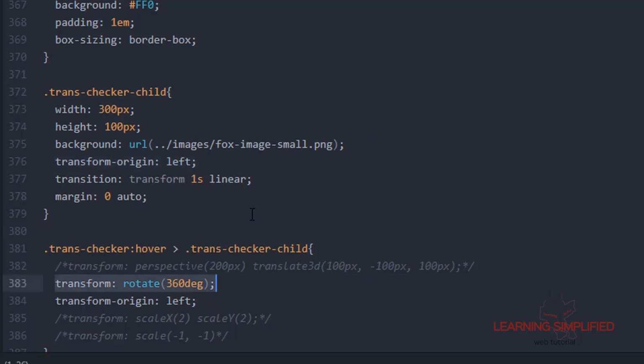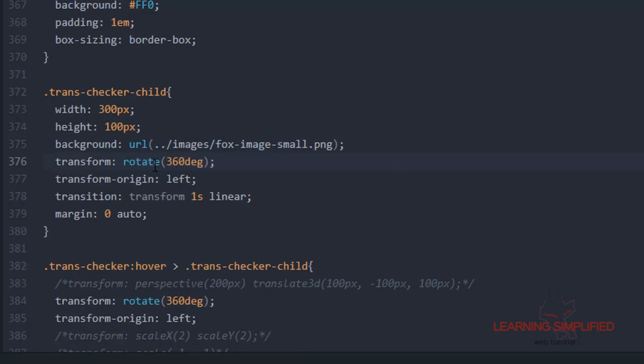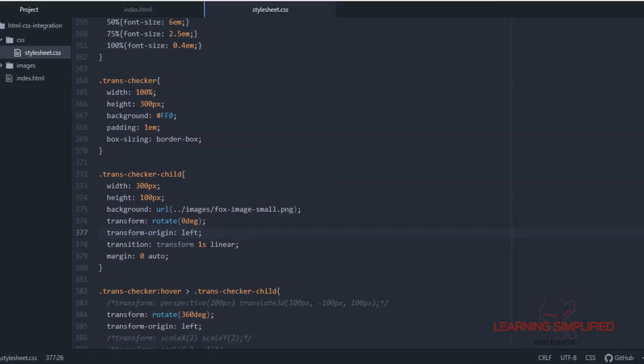So we need to put a transform function property here. We are putting this same transform rotate function, and instead of 360 degree, we are mentioning here 0 degree. So we have made these two changes right into this trans checker child element. The first one is we have provided a definitive transform function, and then we provided a transform origin of left.